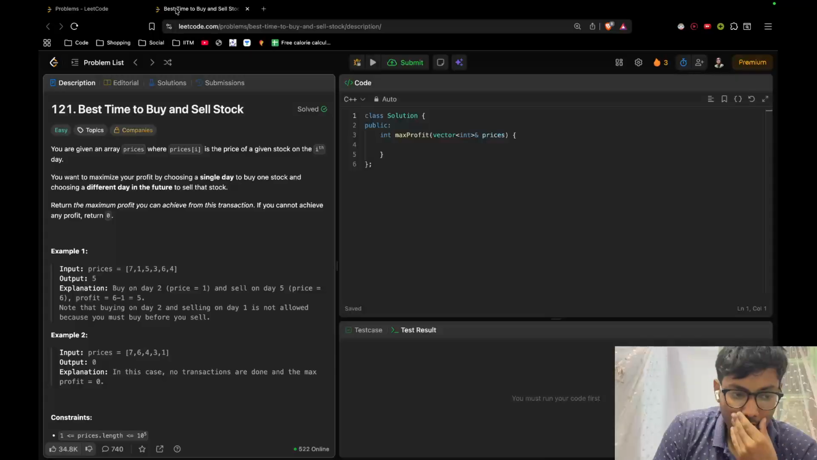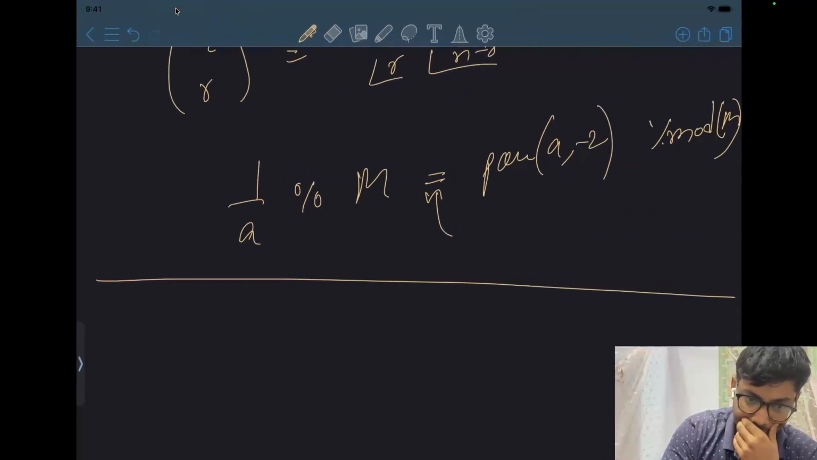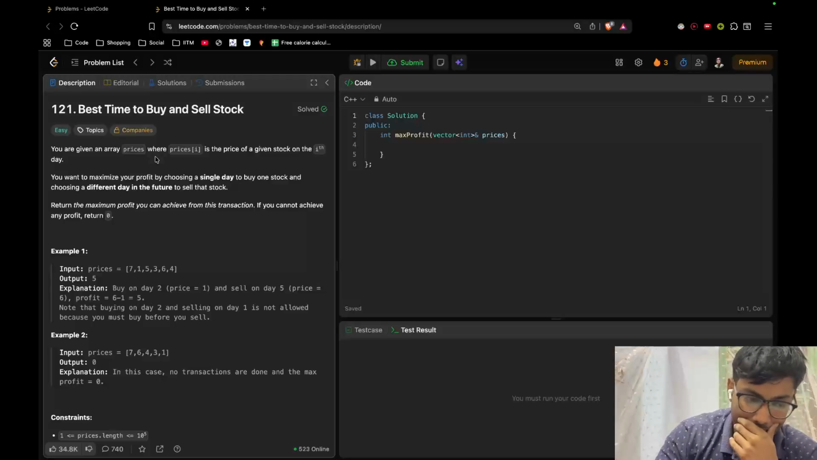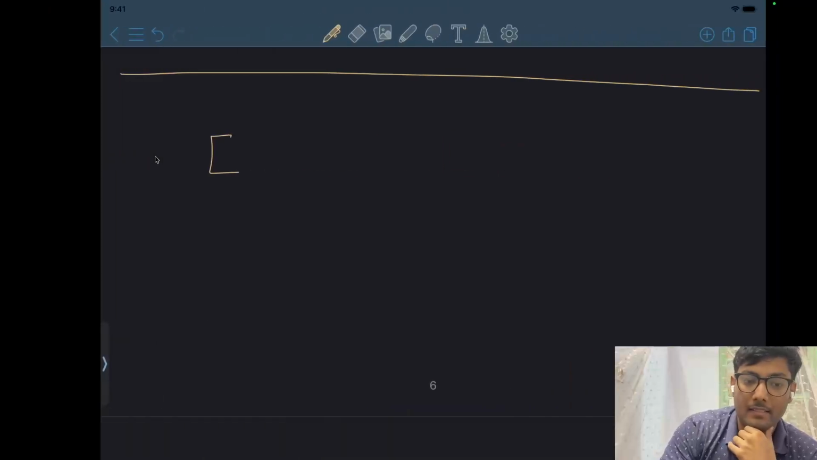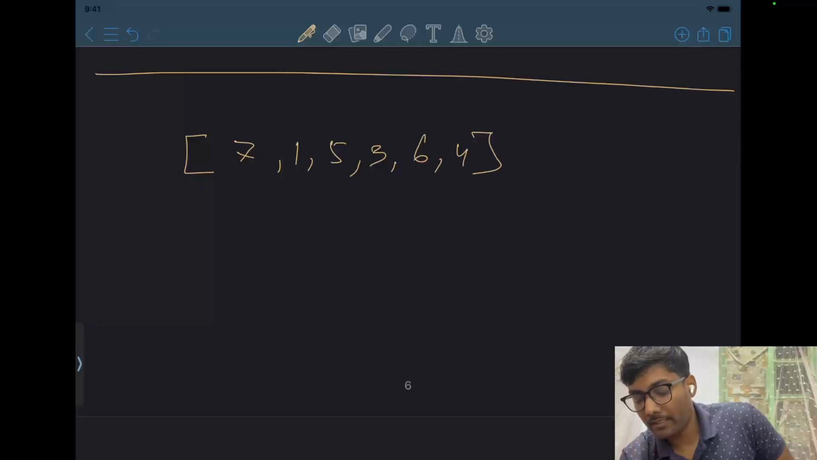The way I'm thinking about solving this problem is, let's go back to the iPad, and let's say I have the array 7 1 5 3 6 4. So this is the array given to us. Let's say I decide to buy on the first day. Then on any day I sell, I will make a loss, so it's not really optimal for me to buy on the first day. If I decide to buy on the second day, the maximum profit that I can make is 6 minus 1,